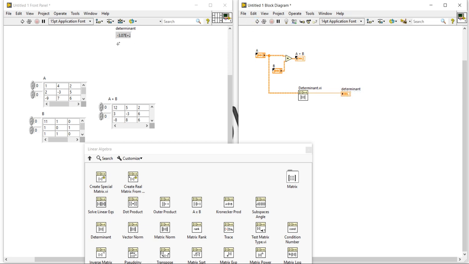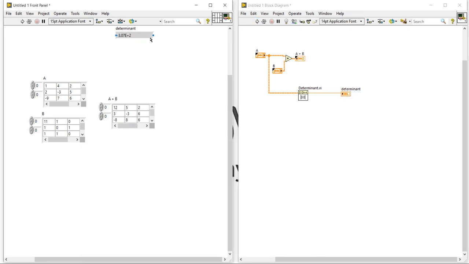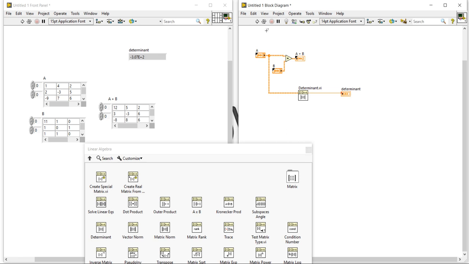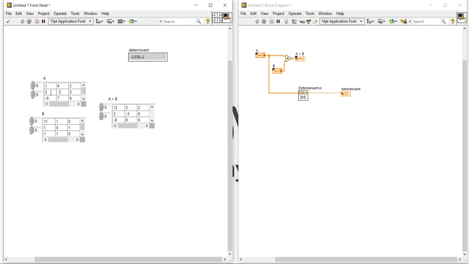It will display the determinant value, which is very small. Let's try to extend it. Okay, let's check the value and change it. Okay, the value is very small.